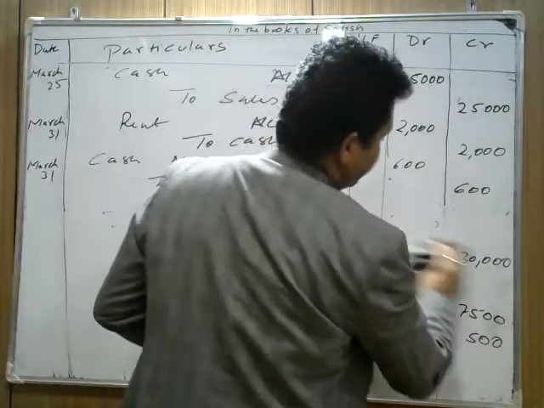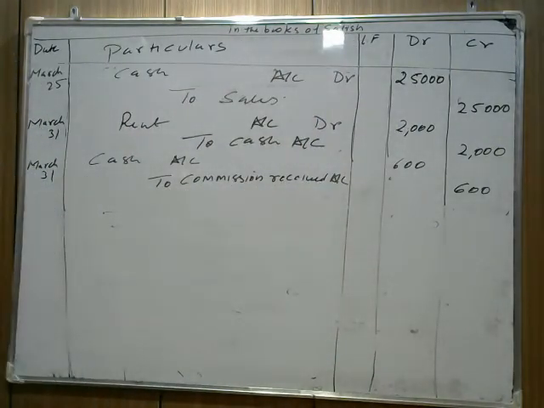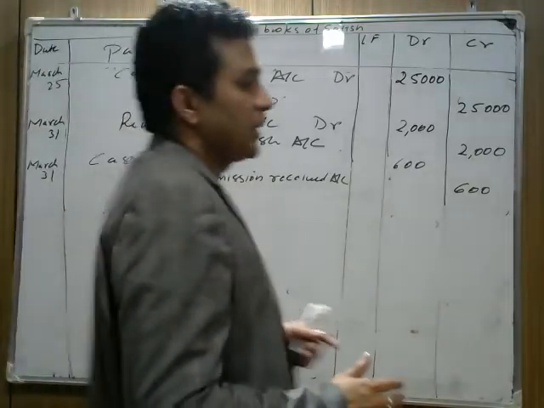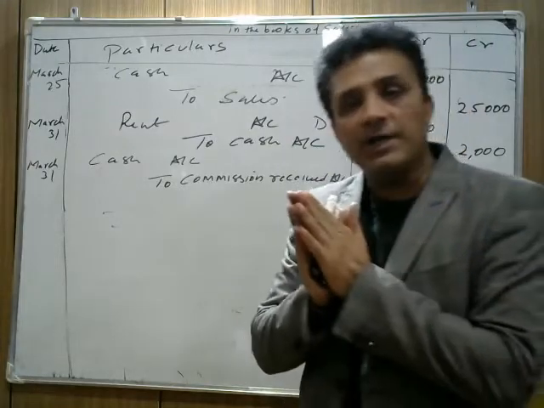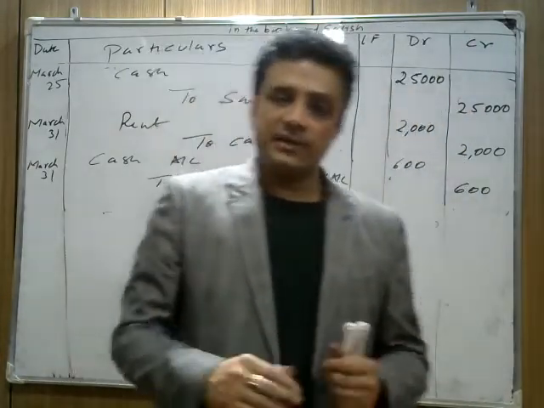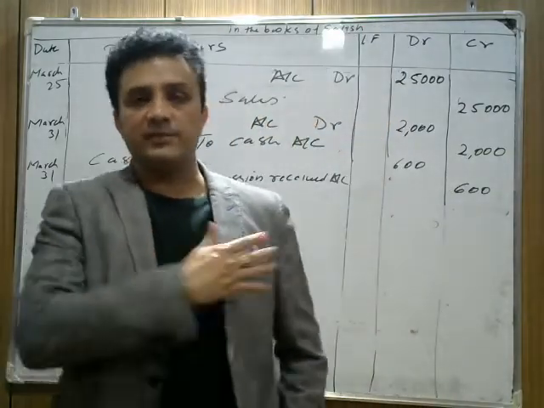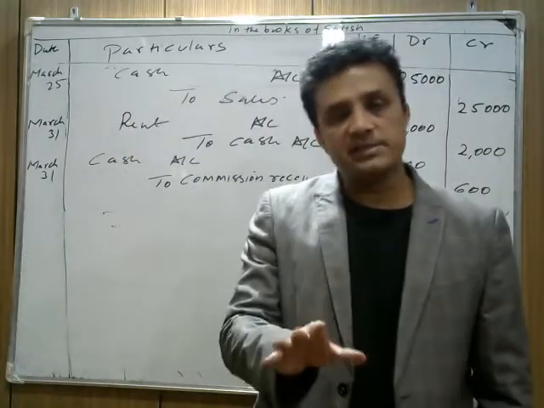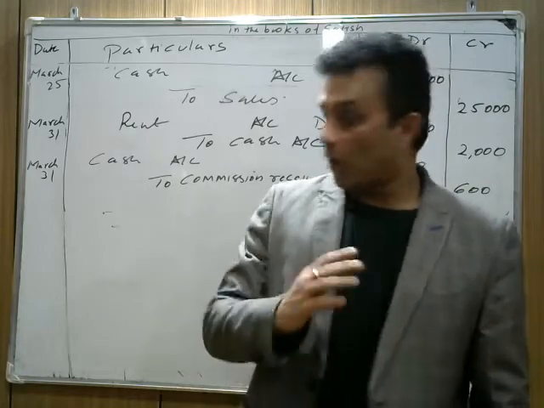Then we prepare the different ledgers now. So in this first part I am preparing half of the ledgers, and the other half of the ledgers and trial balance we will prepare in my next video. So first we will try to prepare as many ledgers as we can. The first thing is to understand the concept of ledger, because it's the important part. When you understand how we prepare ledgers, then the next topic, trial balance, becomes very easy for you. I told you trial balance is very easy. If you know the journal entry, ledgers become very easy, because then we transfer into different accounts. Now how do we prepare ledgers?